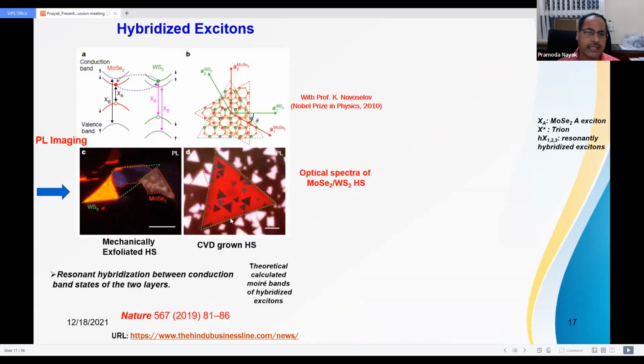And there is another technique also, by simply doing the PL imaging technique, you can see here. At some angles close to 60 degree and 0 degree, you can see a drastic change. The PL intensity goes down, and at some intermediate angle, it is not substantial. So using the PL imaging technique also, we are able to identify the coupling strength between the different layers. And this is one material; another is the MoSe2 and WS2 heterostructure, where the conduction band is